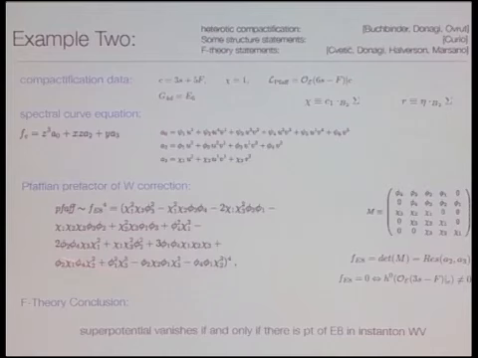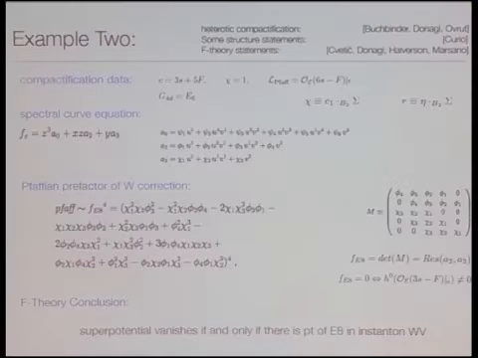And that is going to be very important. So it turns out that this fe8 to the 4th here, this fe8 polynomial is precisely the determinant of this matrix. This matrix, it turns out, is the resultant of A2 and A3. And effectively what that means from the point of view of the F-theory physics is that the superpotential vanishes if and only if there's a point of E8 in the instanton world volume.